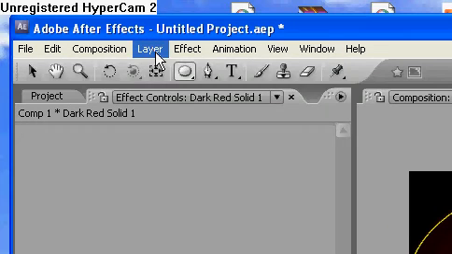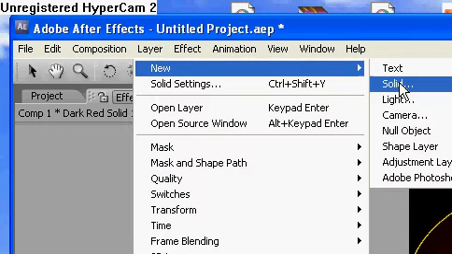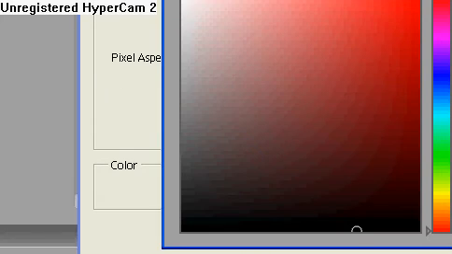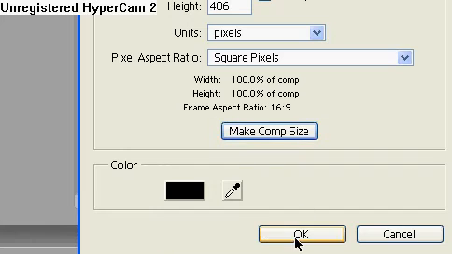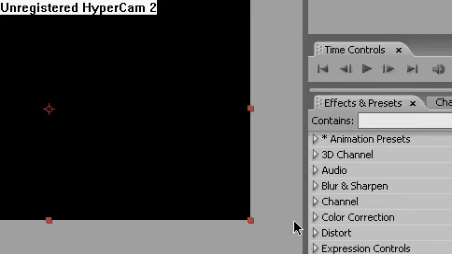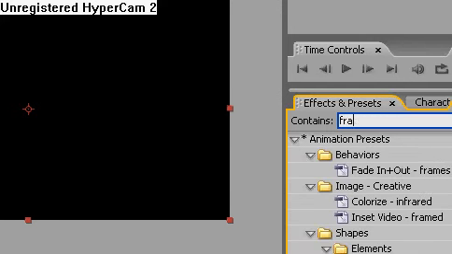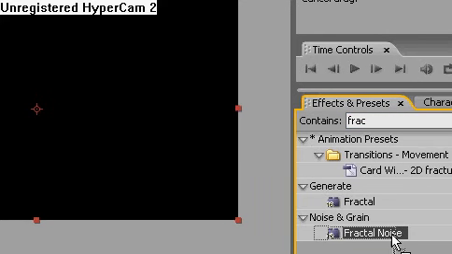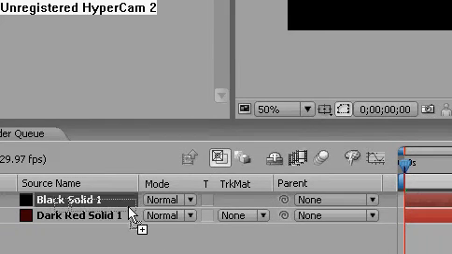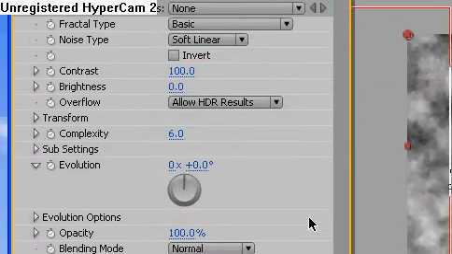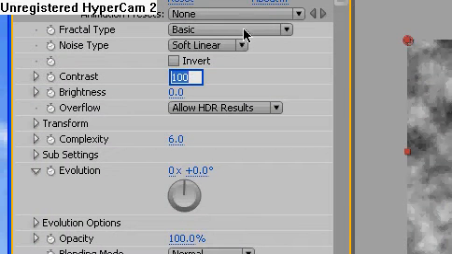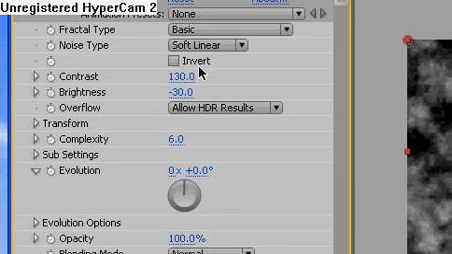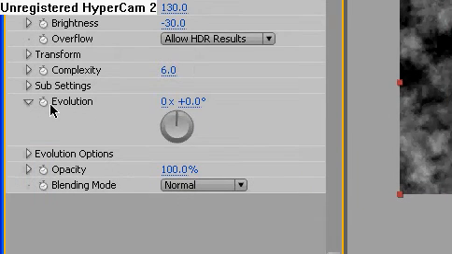Alright, so layer, new, solid, we can also do Control Y or Command Y. And then make it black, okay, make comp size, okay. And then in effects and presets, type in F-R-A-C, and it should be fractal noise. You're going to click and drag this onto the black solid that you just made. And now you're going to change the contrast to 130, the brightness to -30, and you're going to click on the evolution